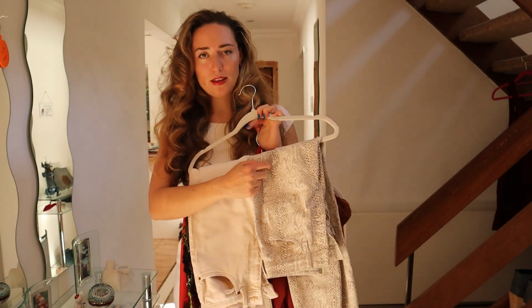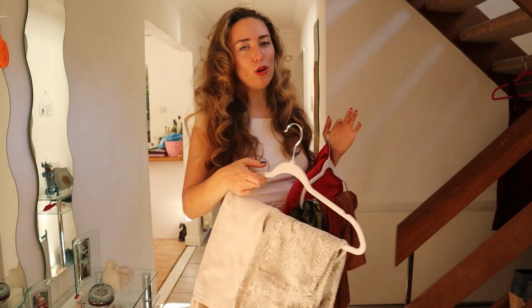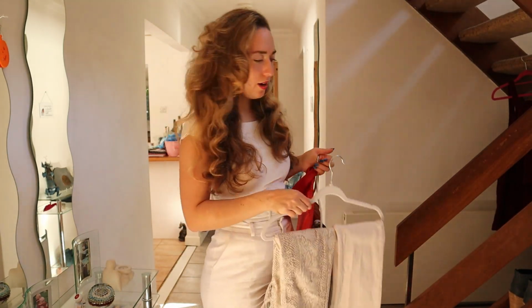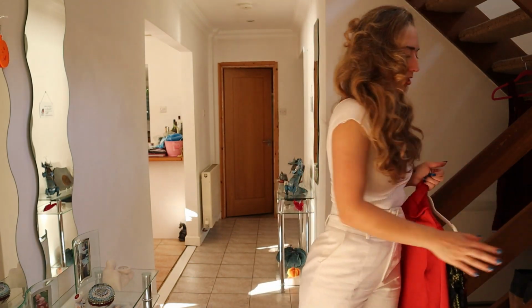And I think the snakeskin ones, under jumpers, they don't look too tight. So I can just undo the top button and no one will know. So I picked up those, which, I mean, they're just perfect. And then quite a lot of